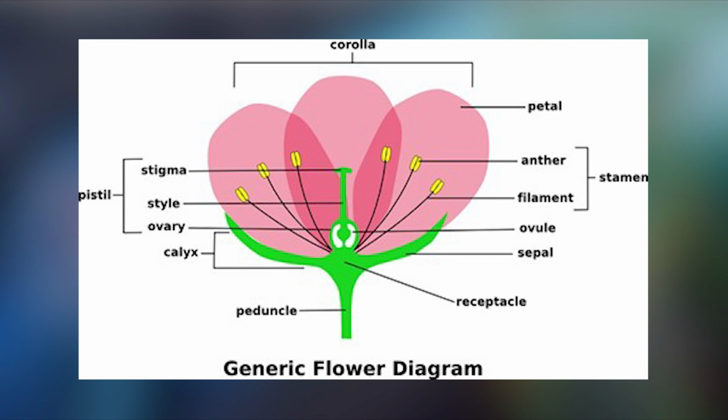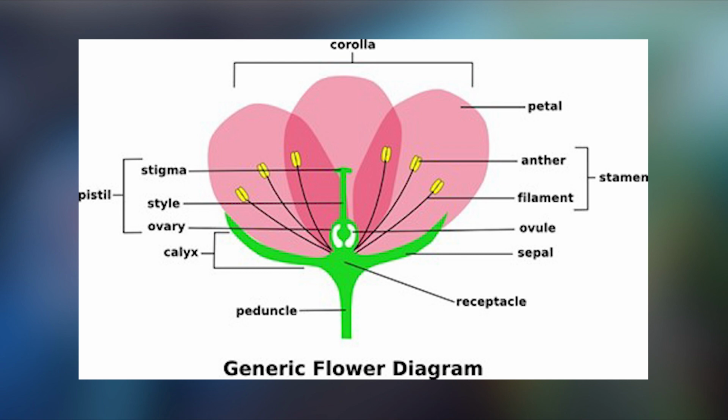The stamen is the male reproductive component of flowers. It consists of the whiskers with the bulbs on the end. That produces microspores, which then divide to produce pollen grains, which are dispersed in pollination and have to land on the stigma, which is the sort of platform forming the top of the pistil, which is the female part of the flower and consists of the stigma, the style, which is like a stalk, and the ovary, which contains